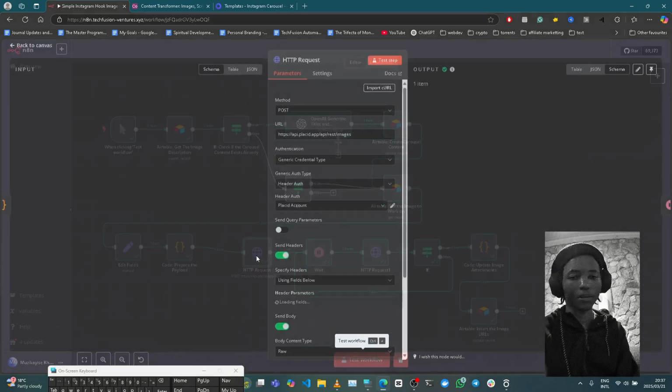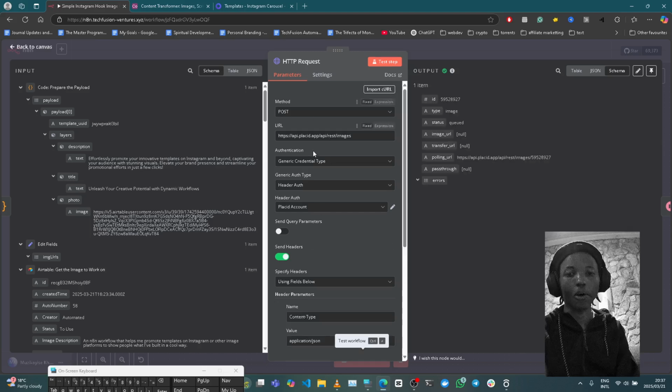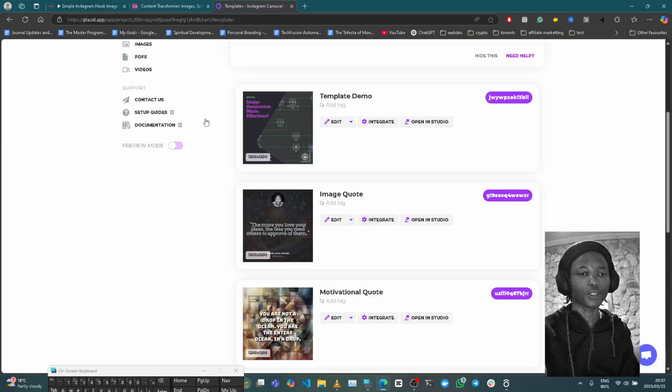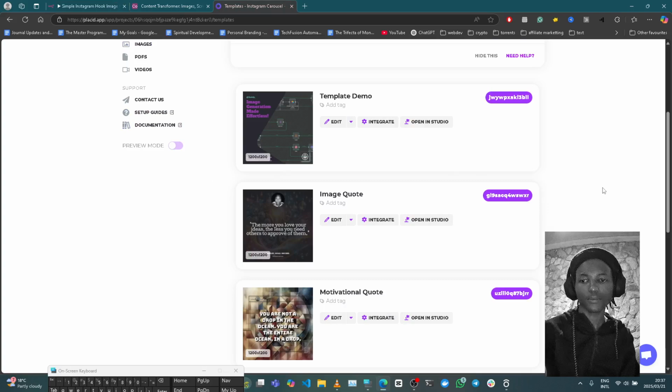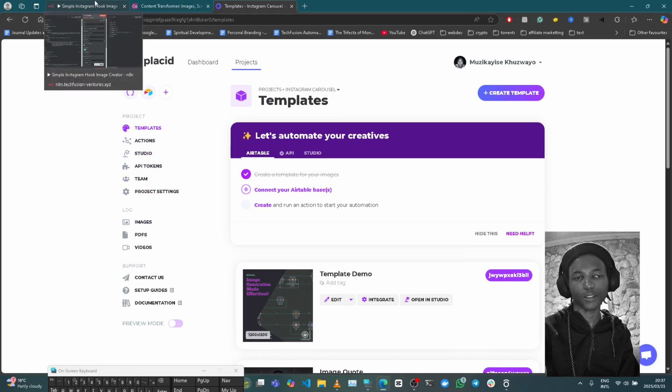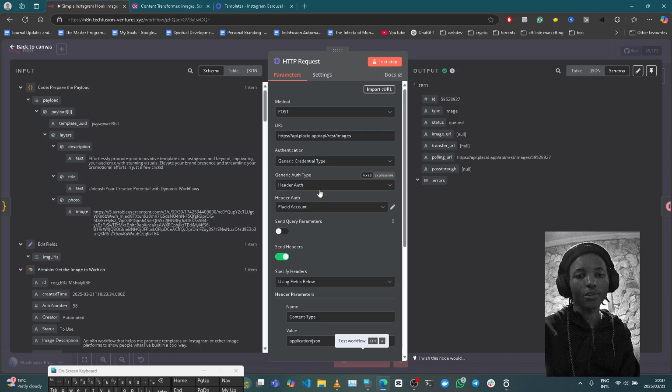So this HTTP request is doing a POST request to Placid. So it's api.placid.app/api/rest/images. This is the image generation API. It's just header auth authentication. You can come to Placid, and there's a section that deals with this. It's called the API tokens, right? You just go over there, you'll get your API token very easily,